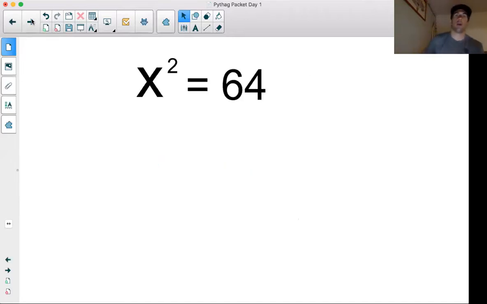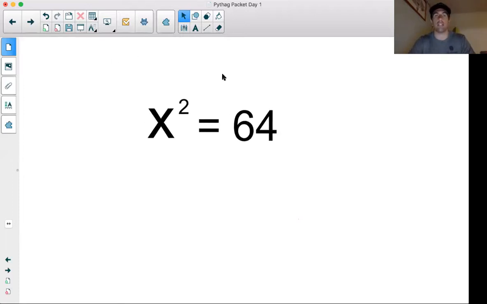All right. So before we dive into what the Pythagorean Theorem actually is, you guys need to remember how to solve this simple equation. Because when it comes to the Pythagorean Theorem, you're basically going to be solving an equation at one point. So right here, I have x squared. Now, x isn't by itself, so you have to solve this, right? You have to get x by itself. So somehow I have to get rid of this squared. Now, some of you might know how to do this, some of you might not, but I'm going to tell you right now, it's very simple.